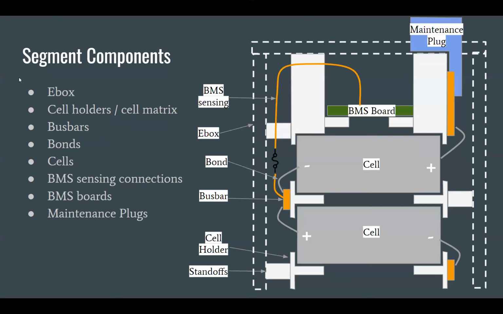And the basic idea is that our battery segments are broken up into all these different parts. First, we have the E-box on the outside. The main goal of the E-box is to give us this container, this enclosure that holds the rest of our battery. If this was just raw battery cells, I couldn't really safely pick this up because it would be all batteries and I would chuck. So that's why we have the E-boxes, because number one, by rules, we need to have an electrically insulating, flame-proof barrier between segments. And number two, it makes it really nice and easy to work with safely, and only if I pull it out of the package. Oh, sorry, pull it out of